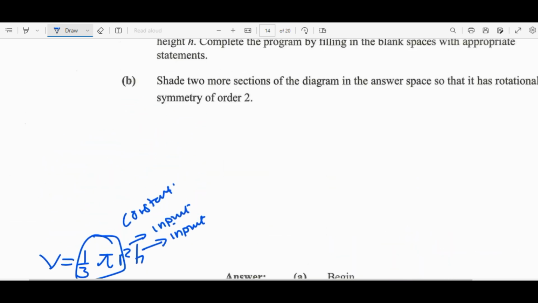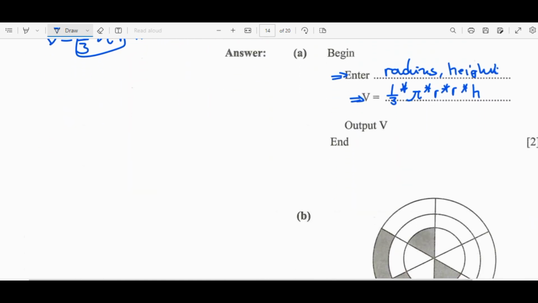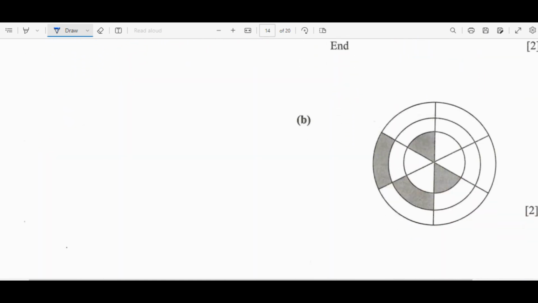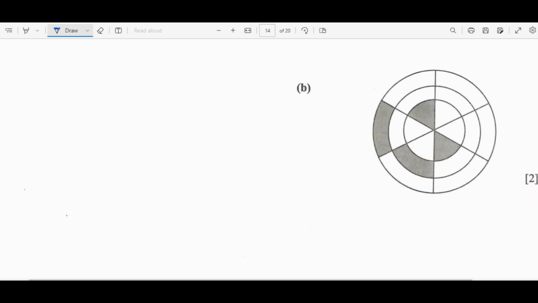Shade 2 more sections of the diagram in the answer space so that it has rotational symmetry of order 2. So let's look at the diagram given. Okay, so this is our diagram. We just have to shade the, so rotation, if we were to rotate this, we need only 2 rotations. So the first rotation, it has to make,